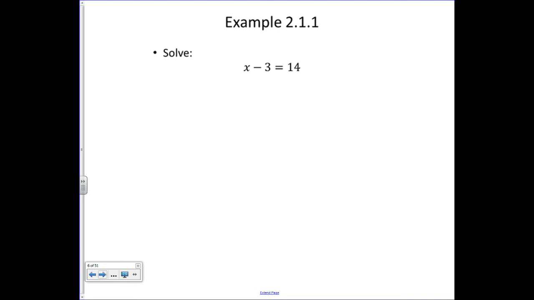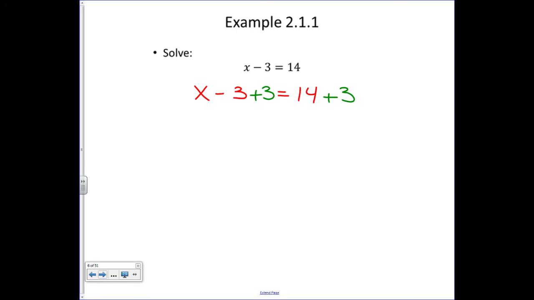Well, now we have x minus 3 is equal to 14. Well, we just said by that additive property that we can add or subtract a number to both sides, and it won't change the equation, it won't change the solution. Both sides will still be equal to each other. So we want to figure out what x is, and we have x minus 3. So if we add 3 to both sides,